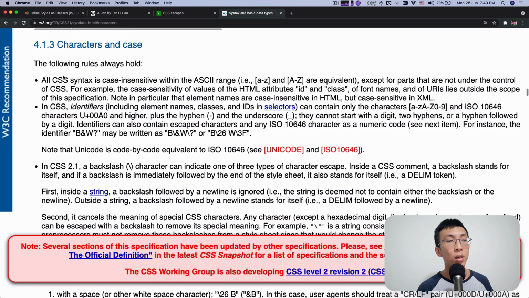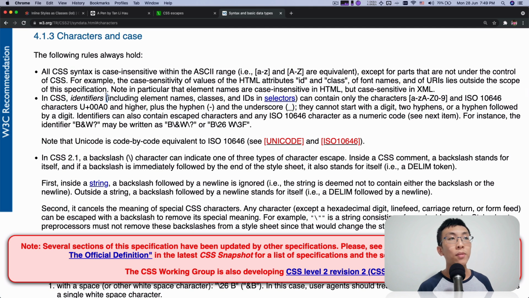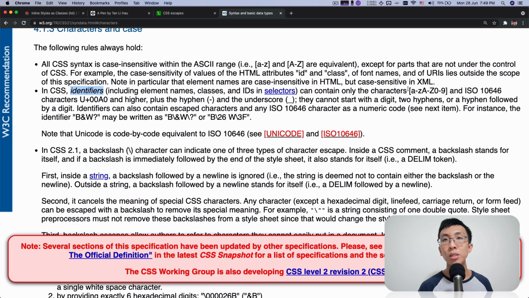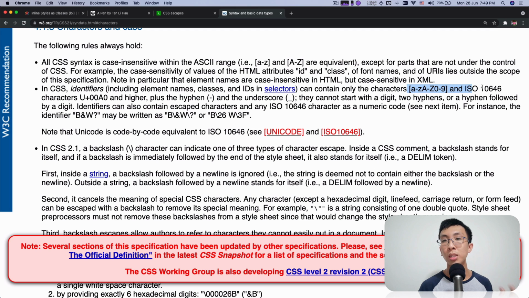So all CSS syntax, okay, so it says that it actually allows for identifiers like selectors, class names, element names, right? These can contain characters like A to Z, uppercase, lowercase, numbers, as well as a Unicode character that is 00A0 and higher, plus hyphen, underscore,